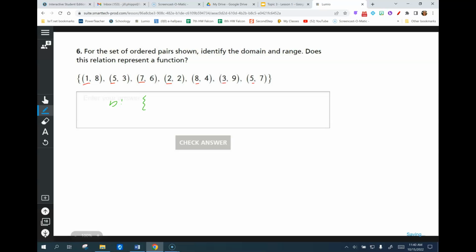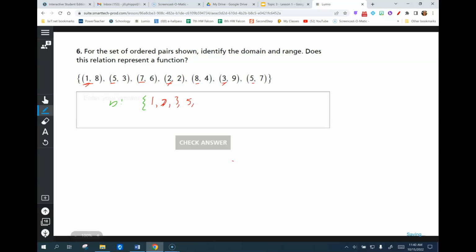Now, some books are really picky. Some teachers are really picky that you put this from smallest to largest. Some are like, yeah, whatever, just write down the numbers. So what I like to do is always be sure of myself. So I'm going to put them from lowest to highest, just to make sure in case I have a picky instructor. So I have 1, I have 2, I have 3,